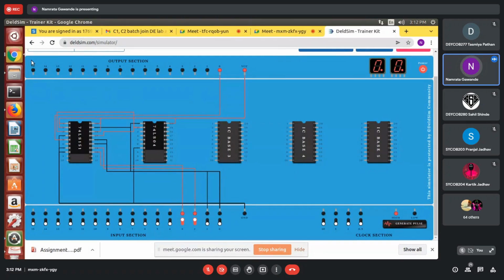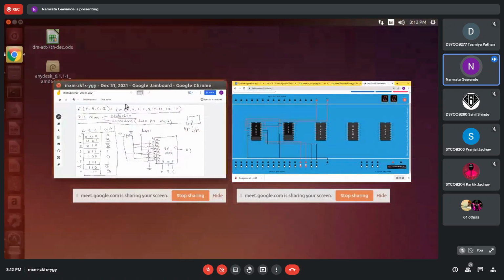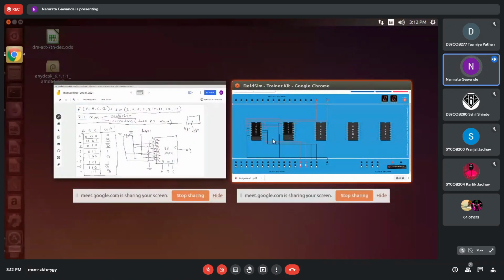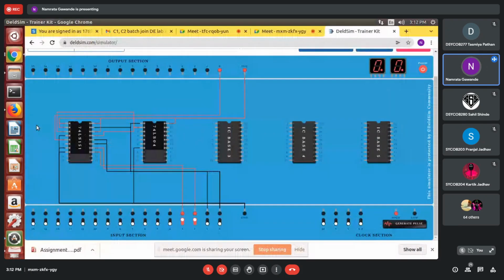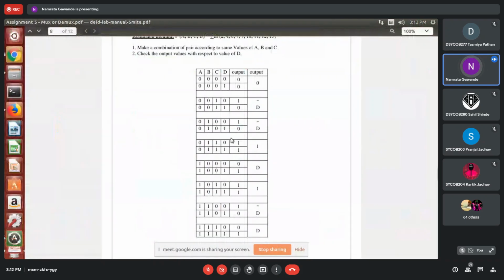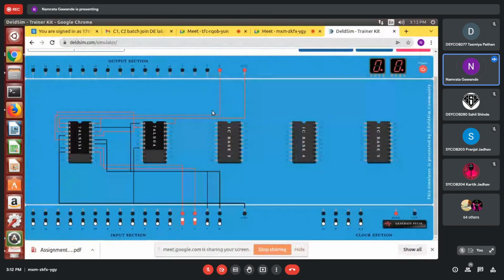You can check it after completing this particular design of the circuit. Okay. So this reduction method is used, and based on that we are getting this output. So you need to check the output from this truth table only. But we have achieved this using an 8:1 mux. So we have realized the expression that requires a 16:1 mux using an 8:1 mux.